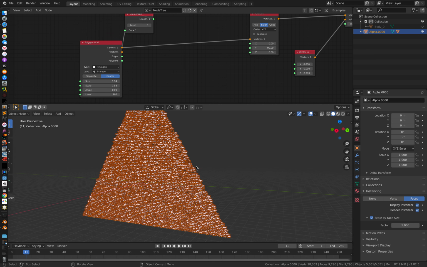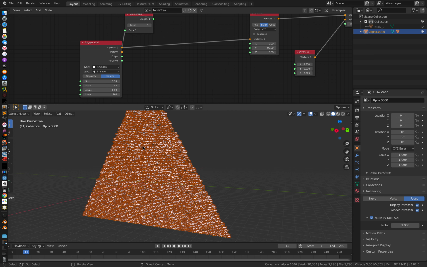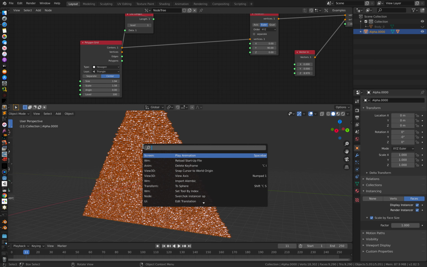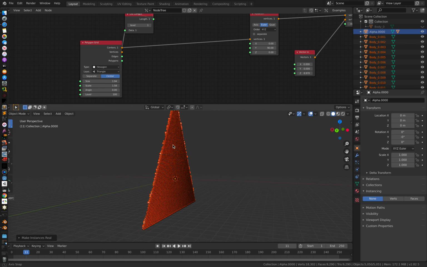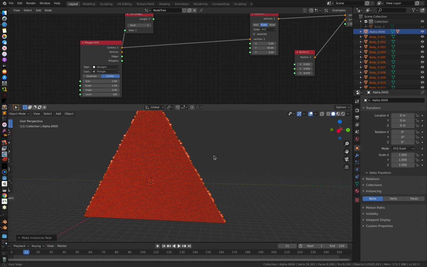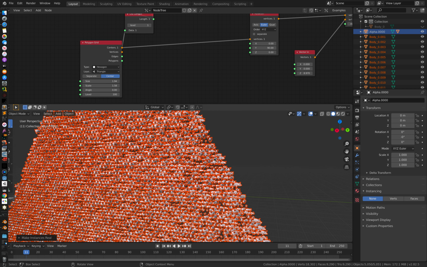So we have 5,000 Piggy here. Let me press F3 and then make instance real. And this will create 5,000 objects, right? Normally 5,000 objects will slow Blender, but with 2.82 it's a lot faster. And on top of that,